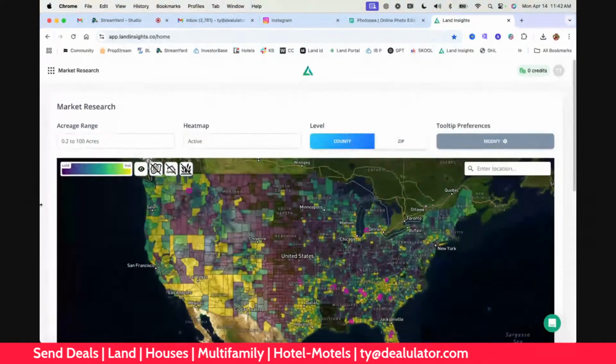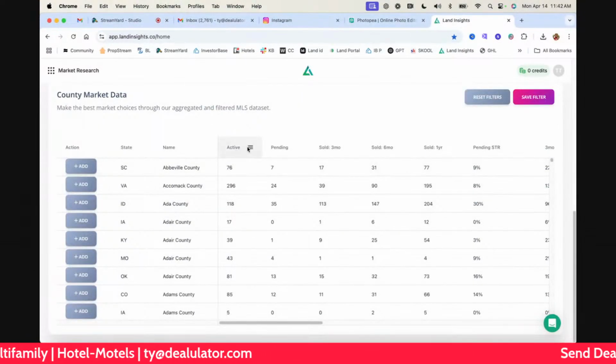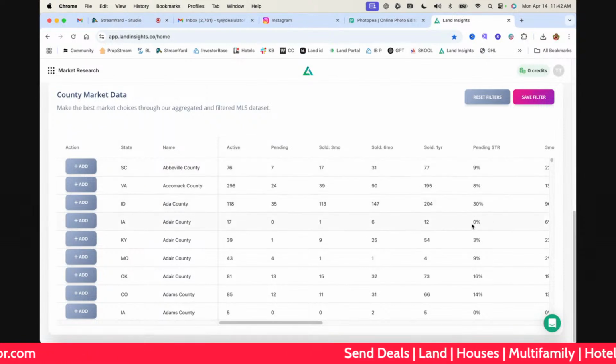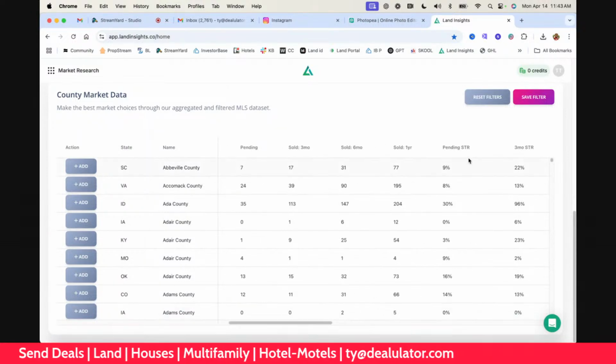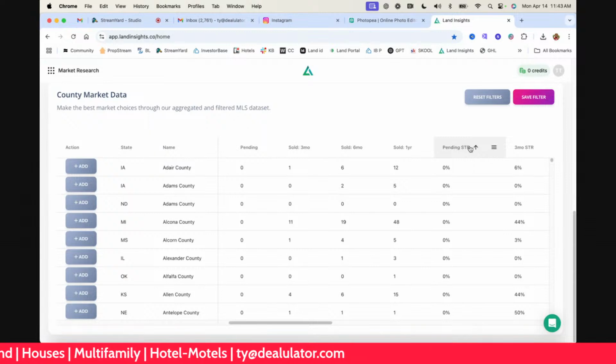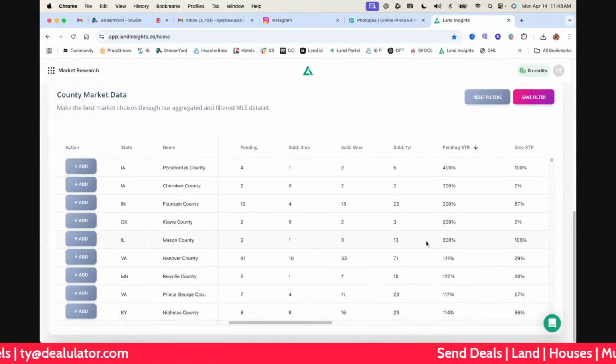All right, so that's got pending. Oh wow, that's a hot county there. Let's look at this real quick. Let me find a county that has a lot of pending stuff in it.